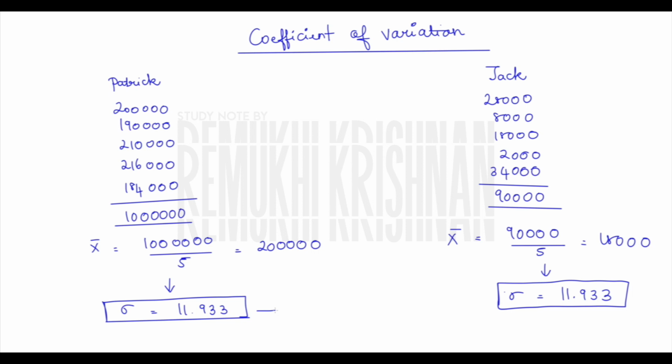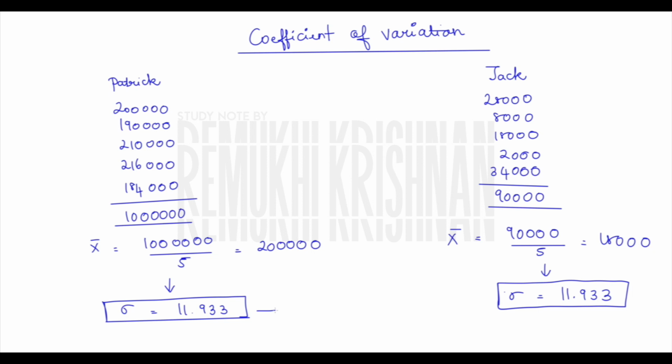So what happens? Instead of Patrick and Jack, if there were a project A and a project B, what would you think? Standard deviation is nothing but simply the risk of getting a variable return from your planned return. That is what the standard deviation says. So in this case, there is project A with the same standard deviation and project B with the same standard deviation. Does this provide you with the right answer?